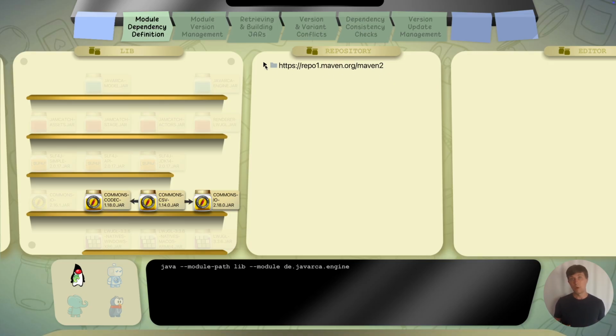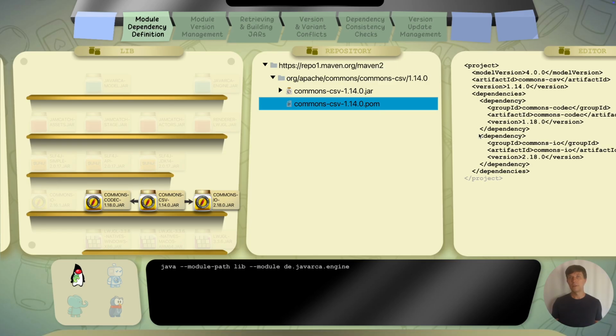I talk about this more in my Understanding Gradle video on publishing libraries. In this repository, we can find the Commons CSV module that we are using. Concretely, we find the jar file there, but also additional metadata files like a POM file, which is a file in XML format. Before we look at that, let's look into the jar file.